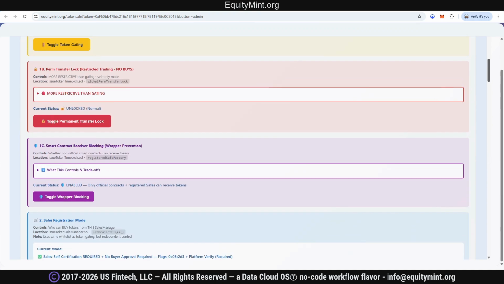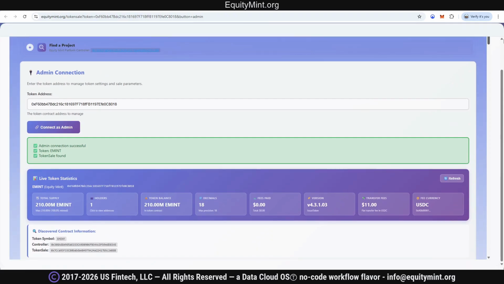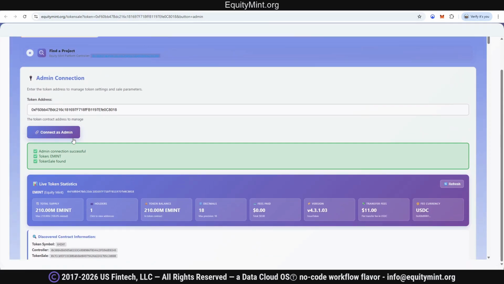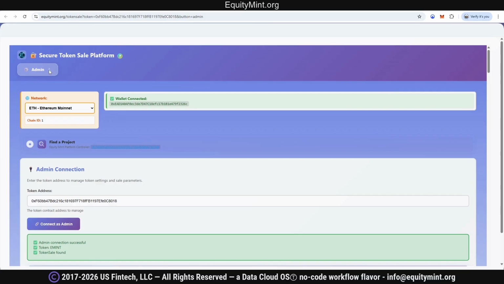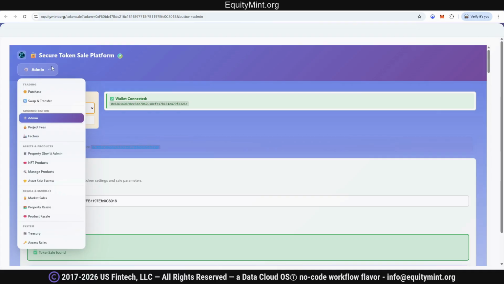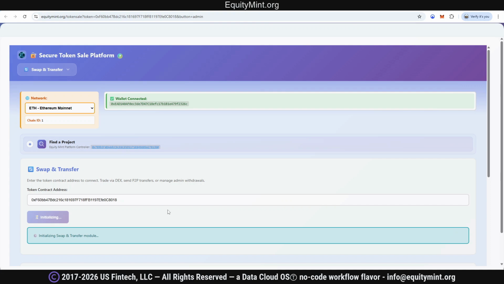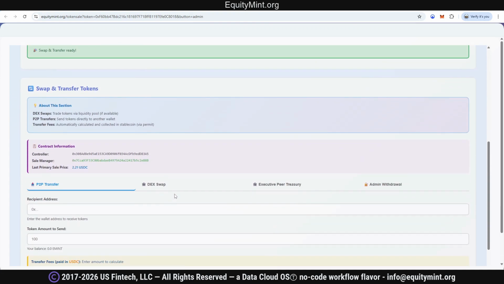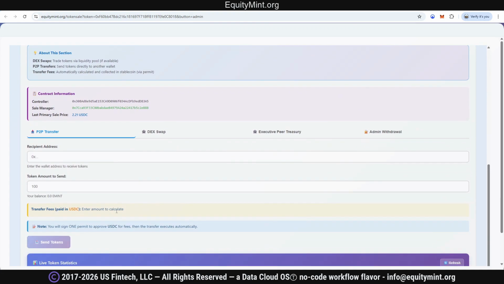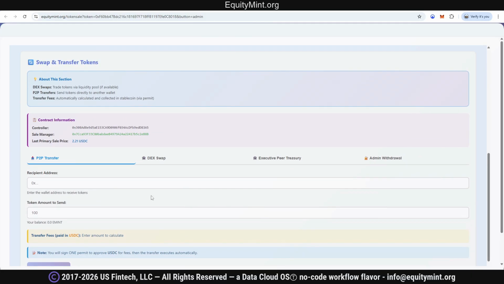We could actually go to, say, let's say we went, so we don't forget this, so we don't lose this. Let's say we went into swap and transfer, and we connected to that. And we tried to move tokens right now into the sales contract. Now, even if there's transfer fees, that would work. That would be a free transfer, but it's probably going to be locked to even do internal transfers like that,